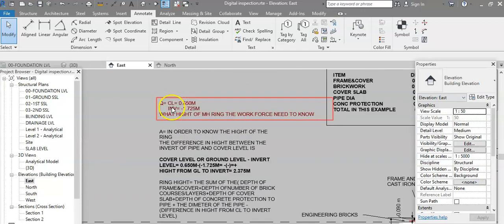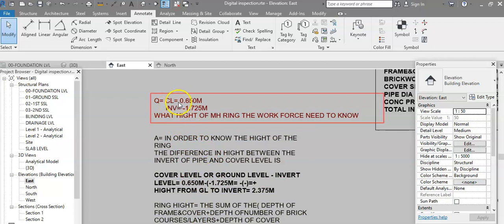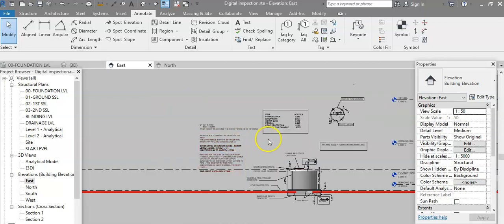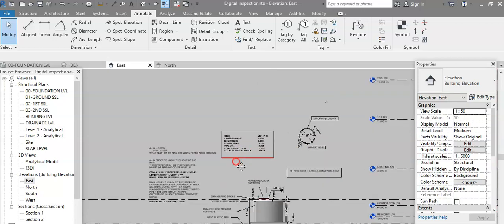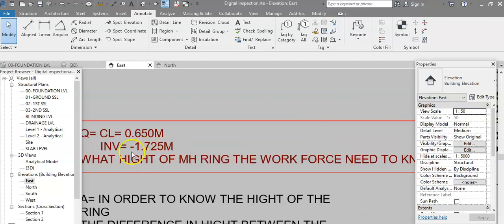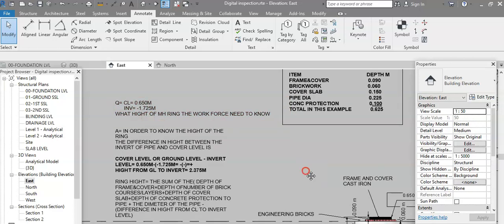We've been given the cover level equal to 0.650. Just to make sure what this figure is, 0.650 means it is 650 mil above sea level. While the invert of the pipe, which is the level inside the pipe at this point, is minus 1.725, meaning 1 meter 725 mil below sea level. So,